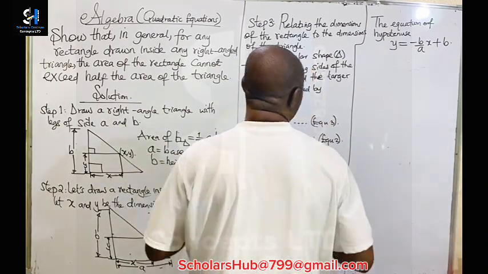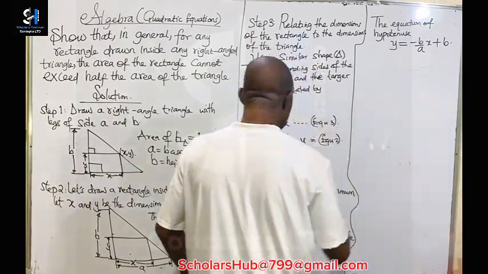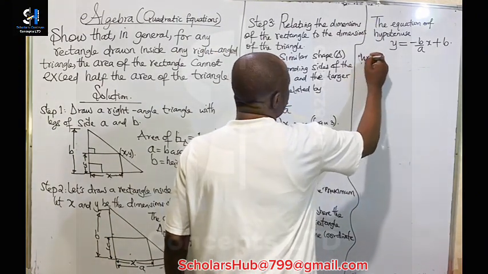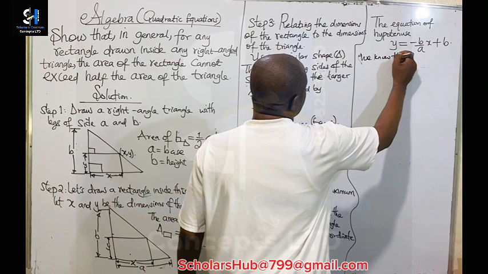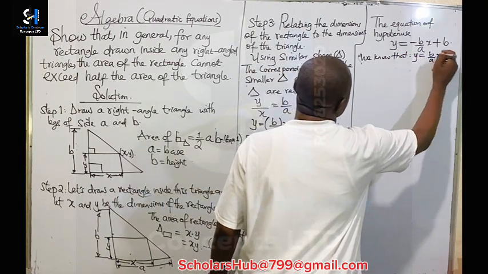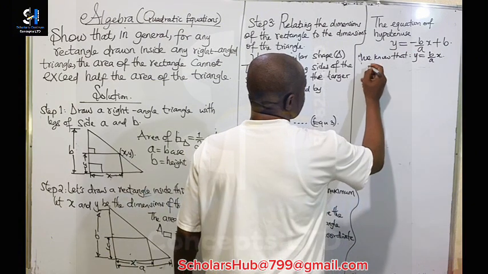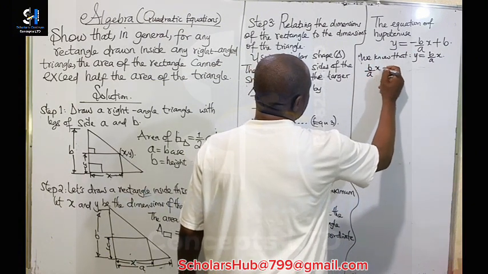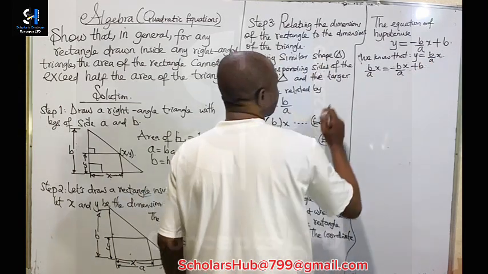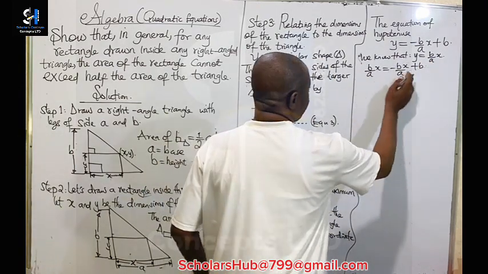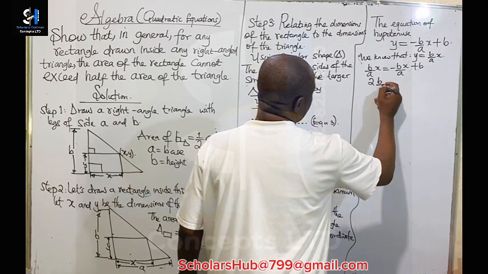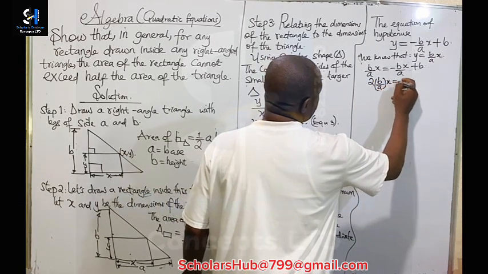I'm just trying to manage the space. So in this case, we now know that y is equal to b over a x. So I'm going to put that here. So we have b over a x equals negative b over a x plus b. So we have to rearrange this. When this is brought to the left hand side, we're going to have 2b over a x equals